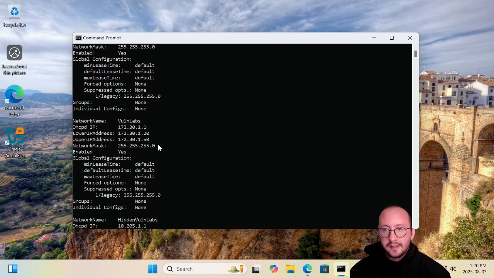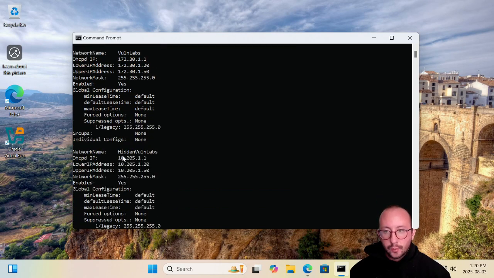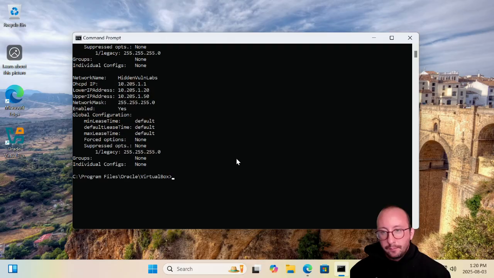Now you can see these are the networks that I actually created earlier here. But what we're actually going to do is I'm going to show you guys the commands that I have. So this way you guys can actually create these as well. So we're going to do a VBoxManage